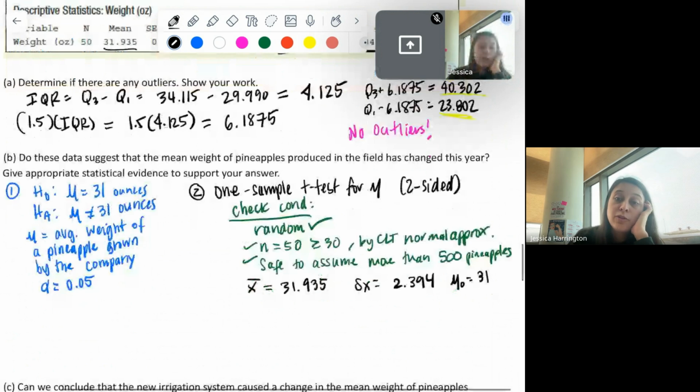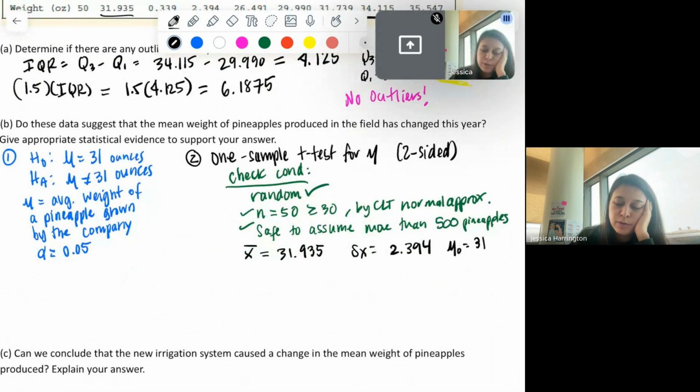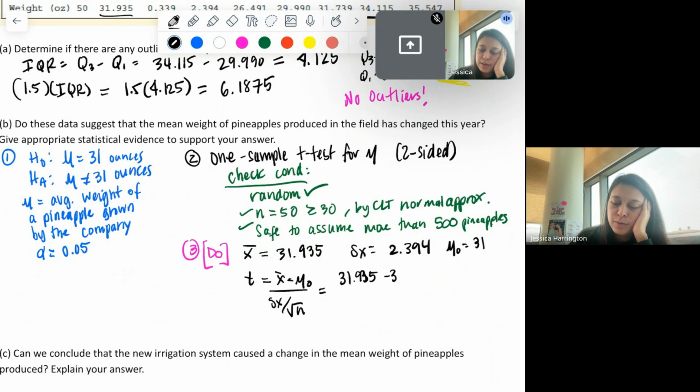Okay, I'm going to show you how to do the calculation, and then you can try to verify it with your calculator and doing a test. So remember, I think we've started step 3 here. We are doing the test, okay? The do section. I just forgot to label it. So if you are doing t, remember it's this formula. I'll write it again: x bar minus mu over s over root n. So for us, it's going to be 31.935 minus 31 over 2.394 over root